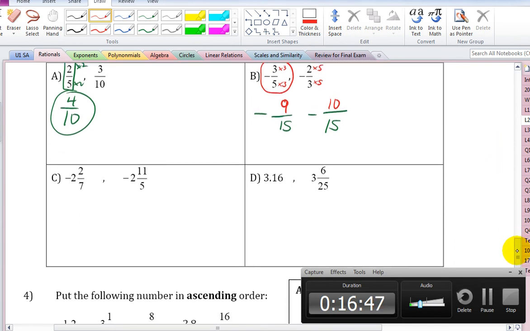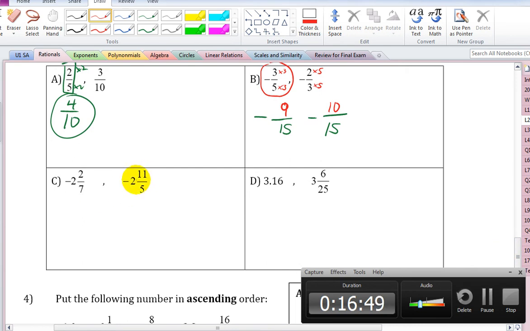Okay. Now the next one, do we even have to be worried about that 2 in front? Not at all. You can just cross that off because it's the fractions, which are going to tell us whether one's smaller and which one's larger. Okay. What's the common denominator? 35. Okay. Remember, it's a negative sign. For D,